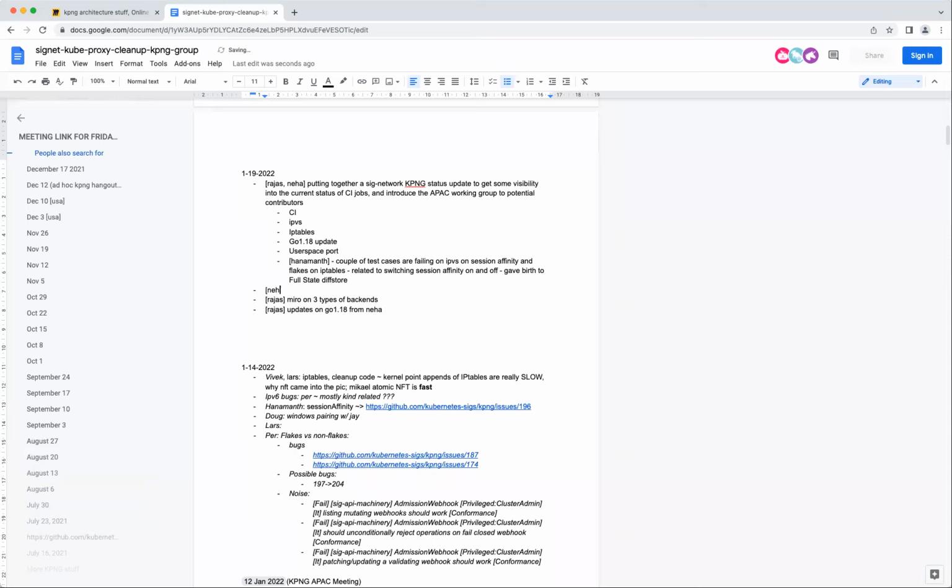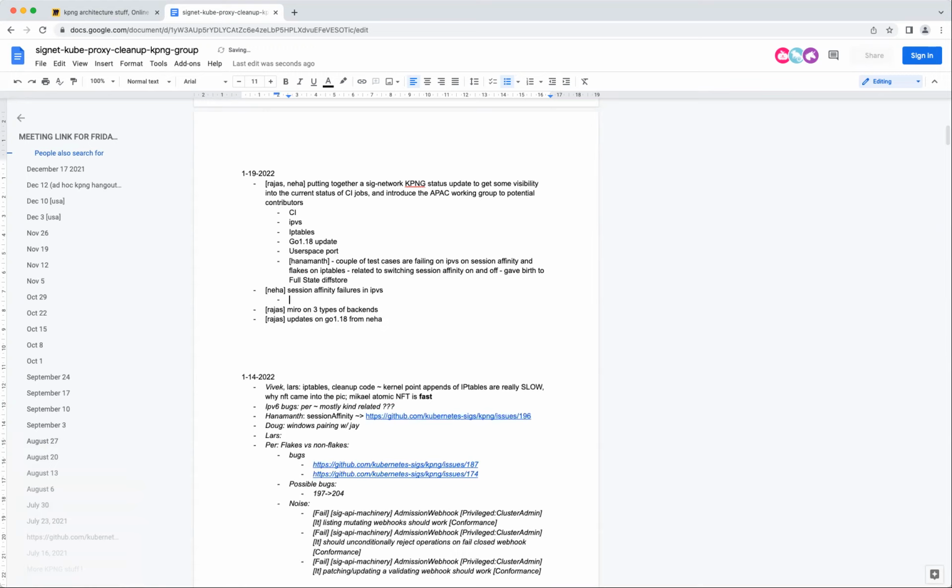No, it's not about bugs. Currently in CI, if you see for IPVS, a couple of session affinity test cases are failing. One reason was the code itself was not there. So that's why I raised one code review to add and delete the session affinity for service IPs.